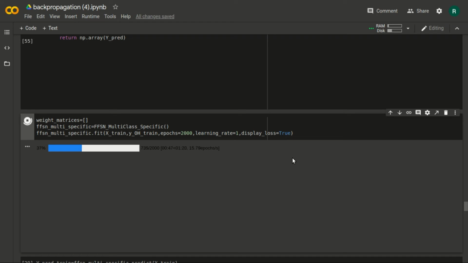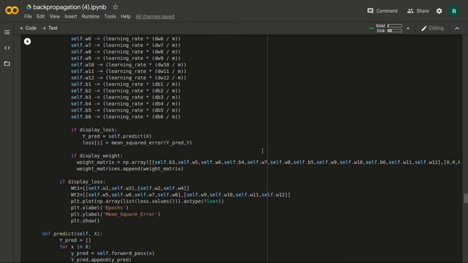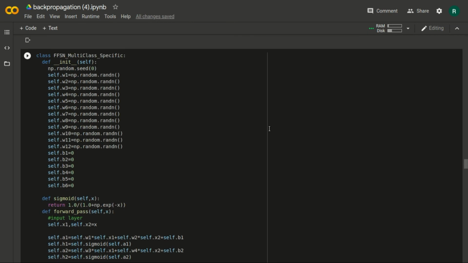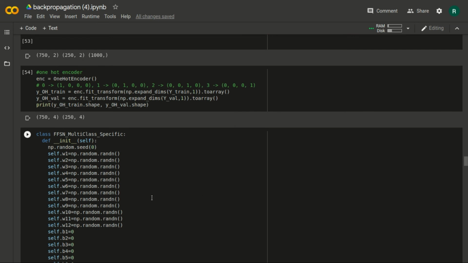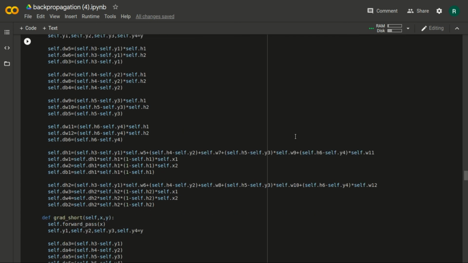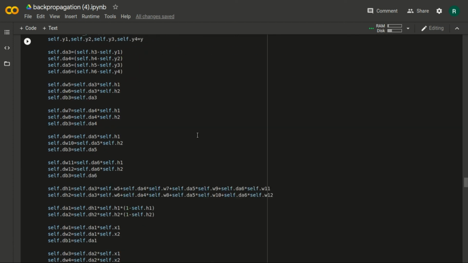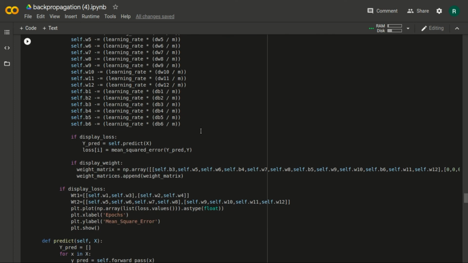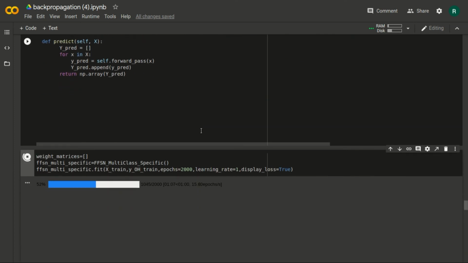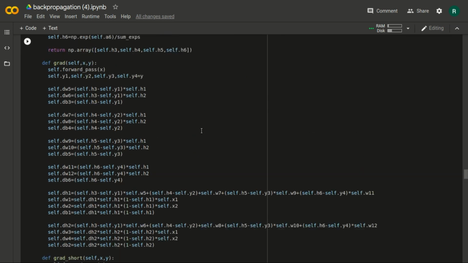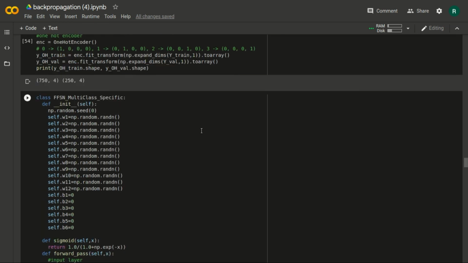So this is the main difference between what we did in binary classification versus multi-class classification. We have a greater number of weights and biases, and we have defined functions in a more or less similar way. So let's see how much things have changed here.